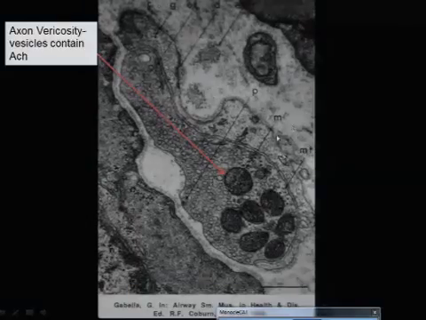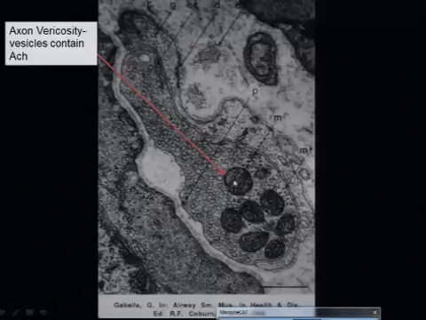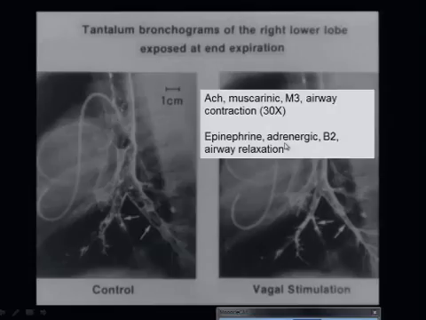And this is just a cross-section looking at it in a different direction. These are some of the vesicles containing acetylcholine. So as they come out and they're released, it releases the acetylcholine in the proximity of where the varicosities are. And this here is just an experimental